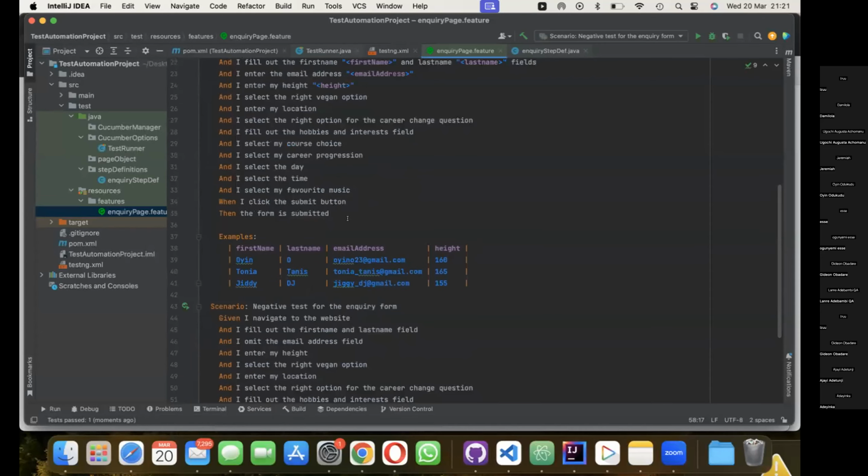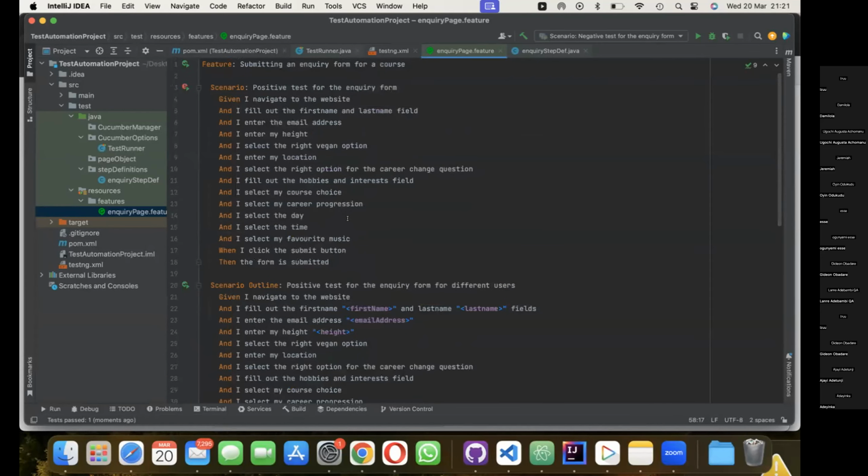Amazing. So we've written that one. The last thing I want to touch on tonight is what I call background. So background in Cucumber is used to define a series of steps that are common in all of our tests in the feature file. So instead of having